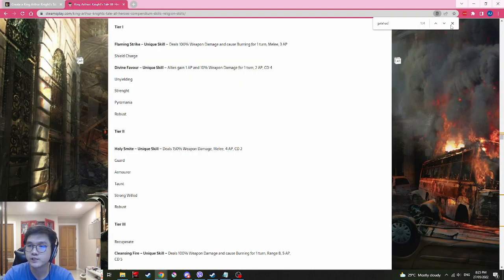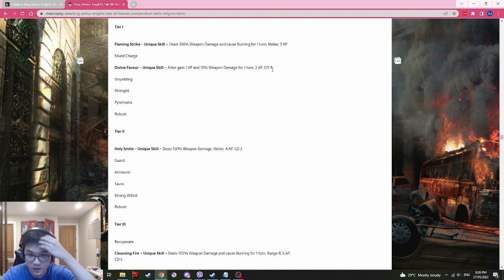He has a unique tool set. He has Flaming Strike, free burning attacks, which is nice. Does decent damage. Shield Charge, very nice. Divine Favor: this one is 1 AP, 10% weapon damage for 1 turn. 2 AP for a 4 turn cooldown, meh, it's okay. It's not terrible, but it's something. Holy Smite, this is your power attack,